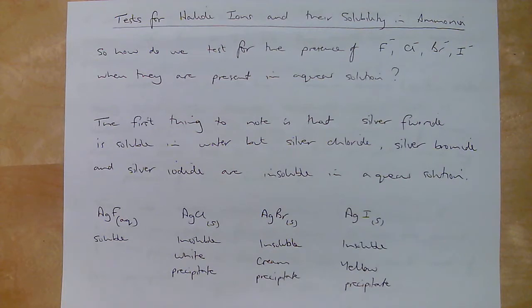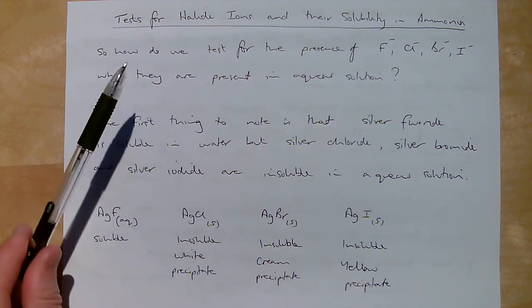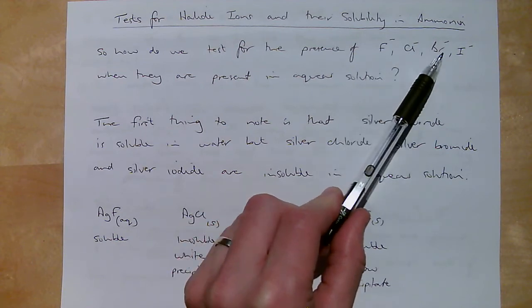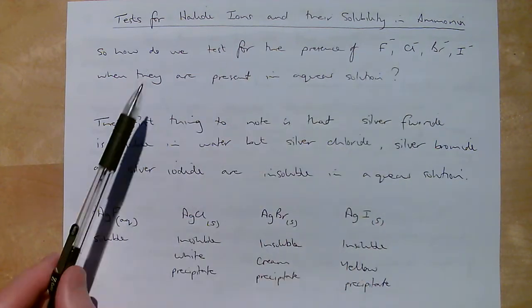Today we're going to have a look at tests for the halide ions and their solubility in ammonia. So first of all, how do we test for the presence of the fluoride, chloride, bromide or iodide ions when they're present in aqueous solution? Okay, so how do we test for the presence of the F-, Cl-, Br- and I- ions when they are